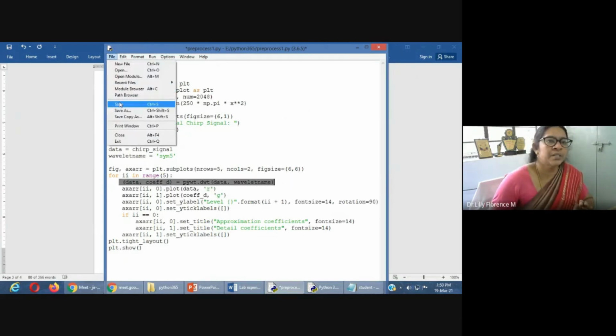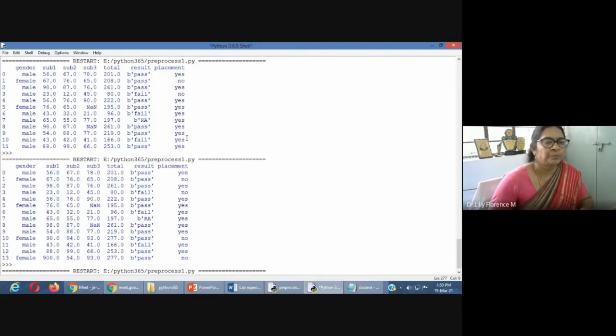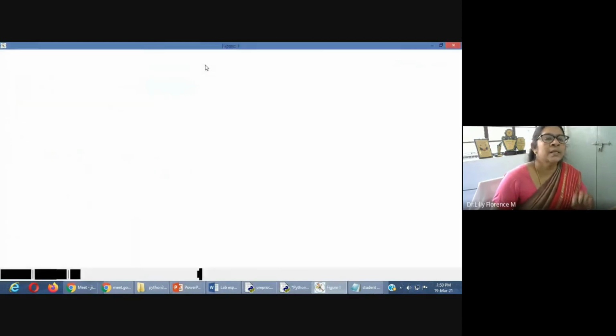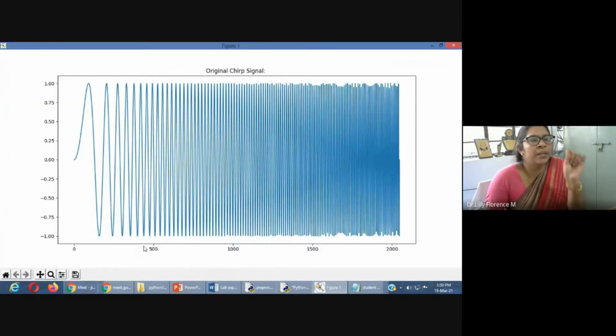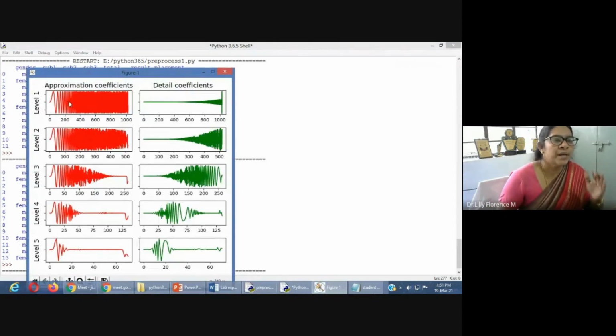Just I'll save the file and show the output. It will take a little time. Yes, as I said, in the first graph all the sine wave values have been plotted here. Now we are going to reduce these coefficients. You can see the reduced format now. See here, 5 levels of approximation calculation have been taken.